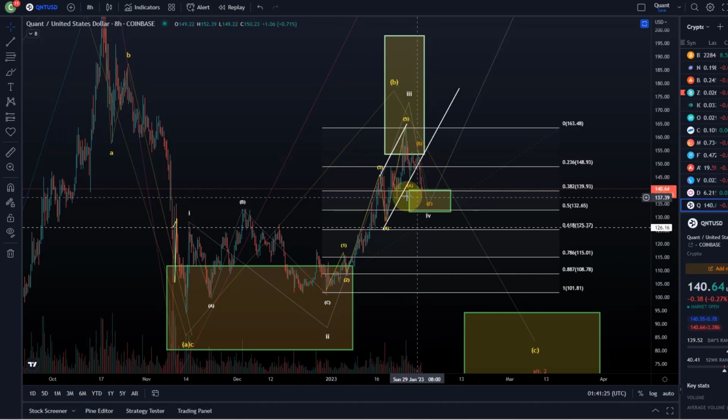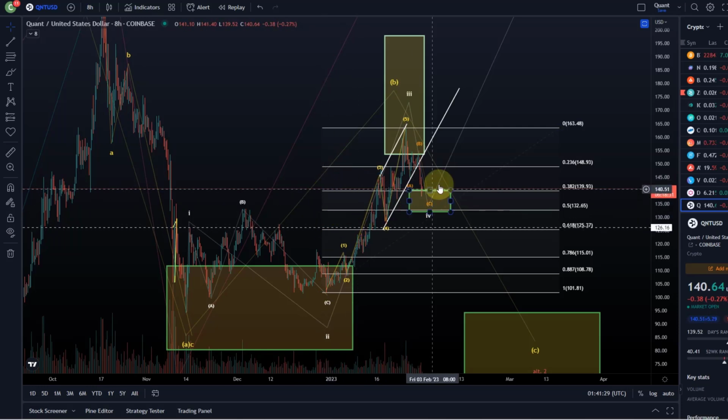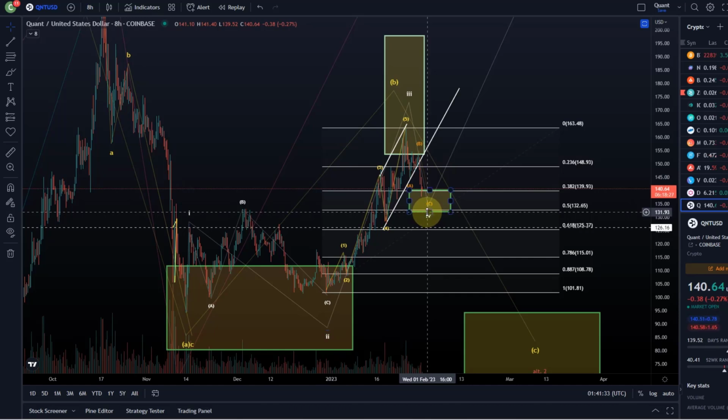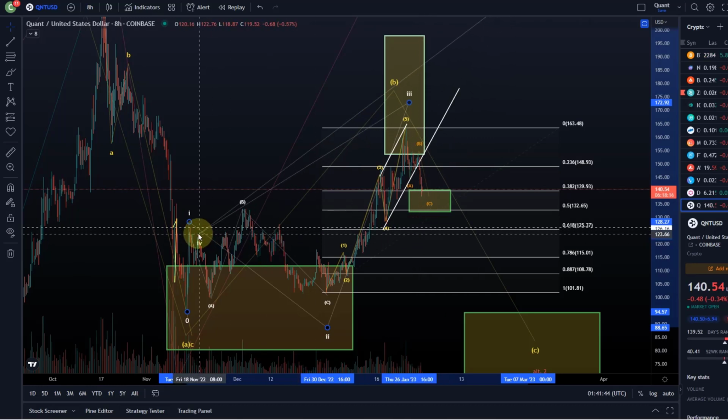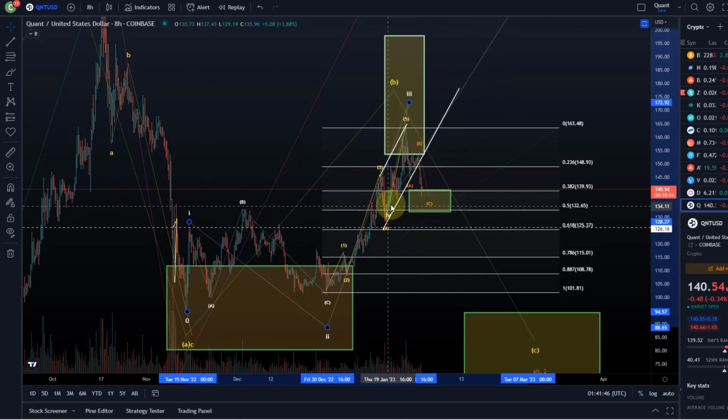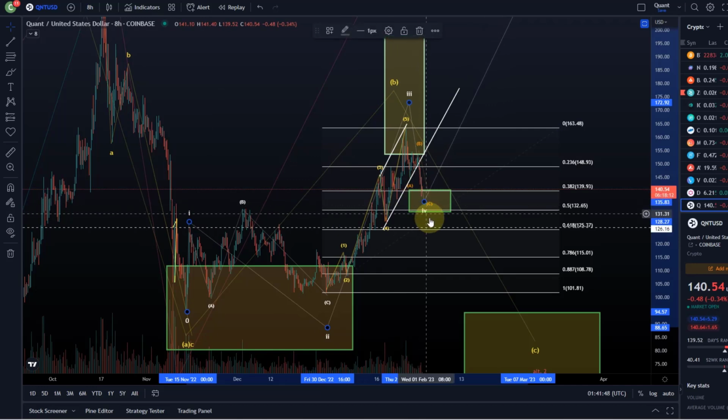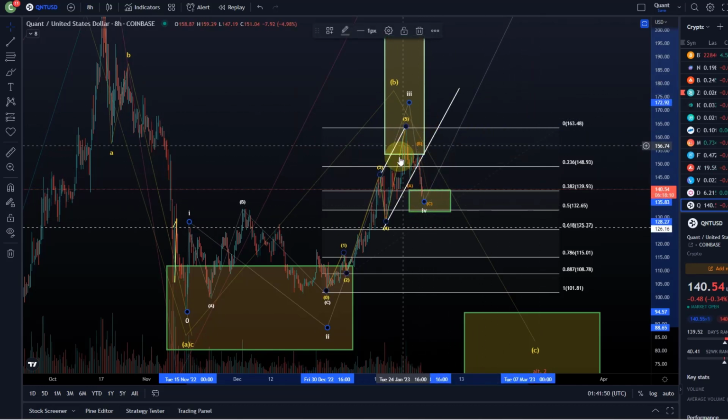Well, it's not strictly invalidated, but it becomes very unlikely, because as you know, a wave 4 that goes below the 50% retracement does normally not exist. It will, however, get officially invalidated if it breaks into the wave 1 price range, at about $126. So it's not too far off anyway. So what does it mean?